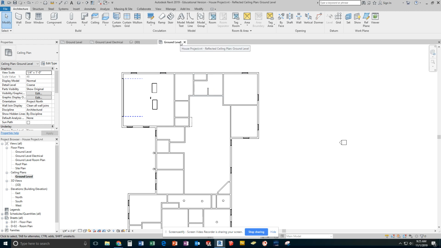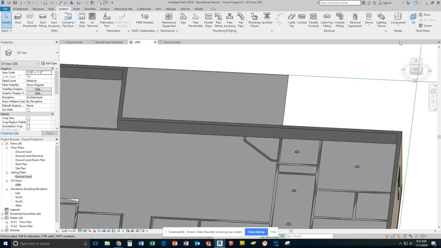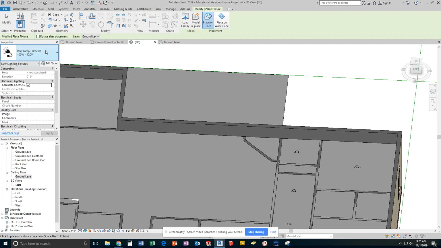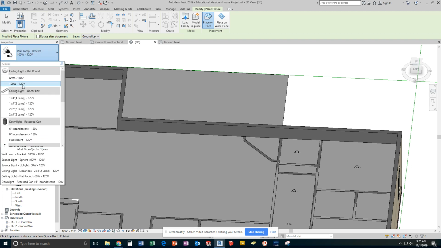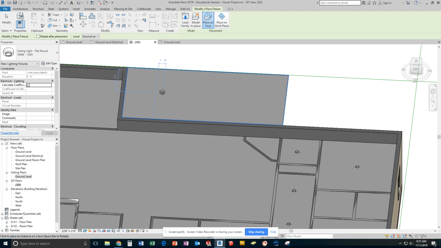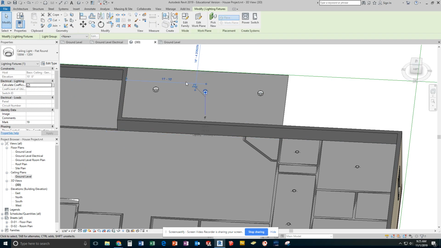I'm going to go back to my... I can't see it on my ground level plan because it cuts off before then, so I can go ahead and put my lights in 3D view, that's fine. Systems, lighting fixtures, I'm going to go ahead and just use the regular old, since it's outside, I'm going to go ahead and use the 100-watt ceiling lights, and I'm just going to go ahead and mount 3 lights on this ceiling. And I'm going to actually make sure not only do I flip them all,